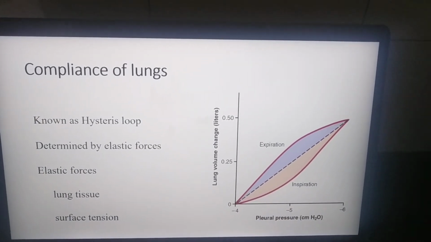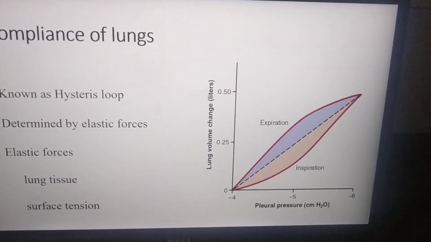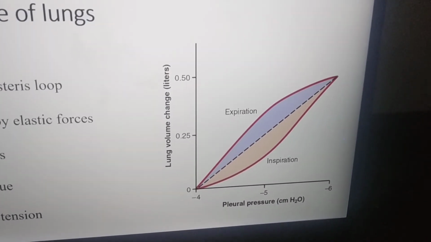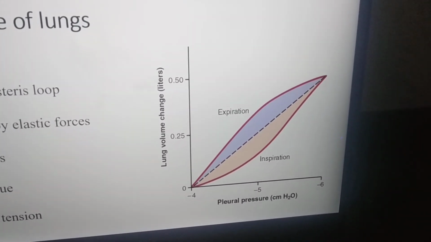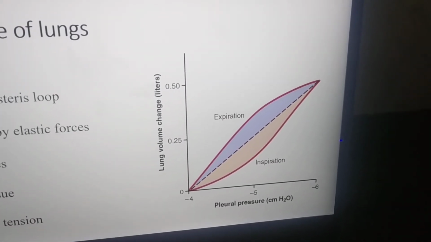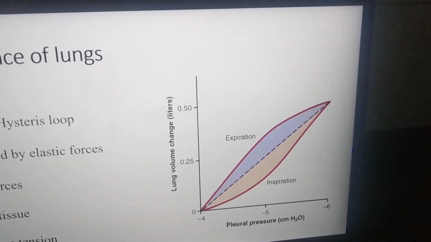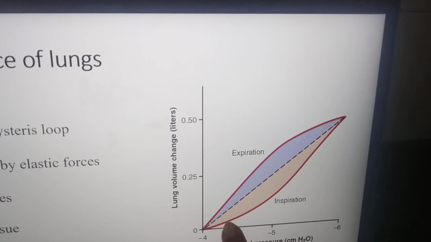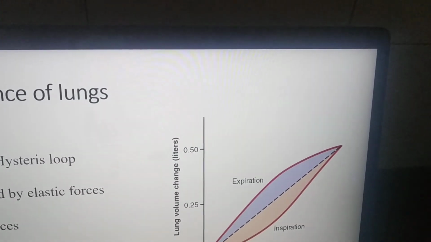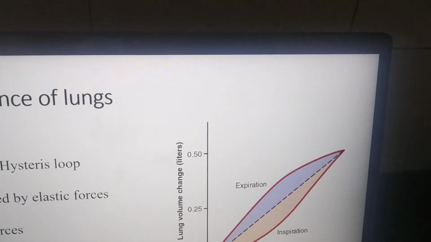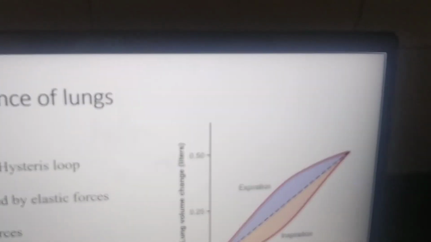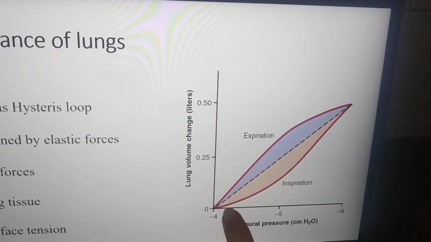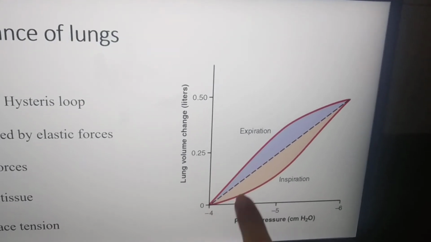So what is the reason for the hysteresis? Why are these curves drawn so that they follow different paths? The reason is surface tension, tissue resistance and airway resistance. At low lung volume, alveoli are smaller in size. Surfactant molecules are placed very near to each other. They are concentrated, so they are very efficient in decreasing the surface tension. So with a very small change in pressure, there is a large change in volume.